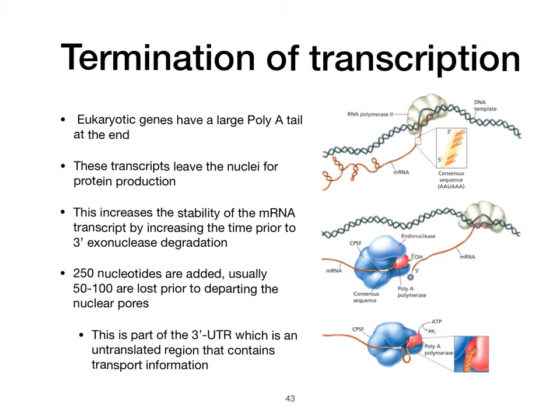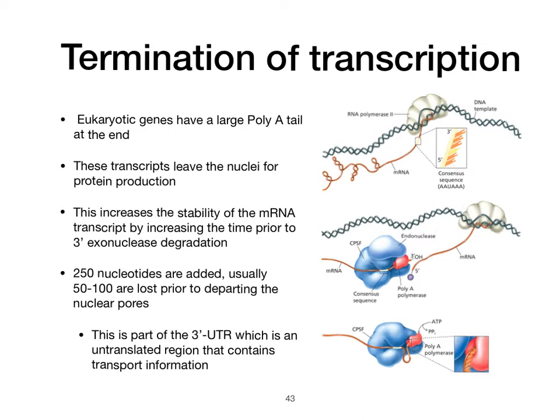The increased poly-A tail increases the stability. This basically gives time for some of the ends to be removed prior to translation, which occurs, again, outside of the nucleus. So these 250 poly-A tails, which are added by the poly-A polymerase to the end of the mRNA transcript,